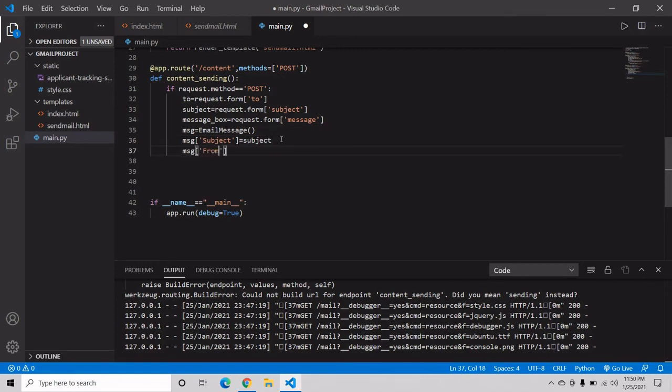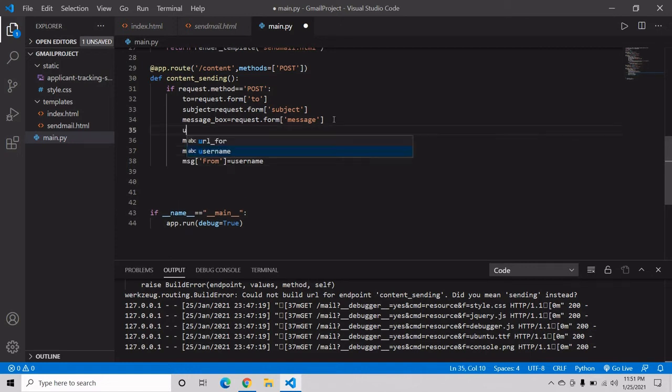Now we have to create our subject from also. So it should be our username. Okay, we have to take our username also. Username underscore from.